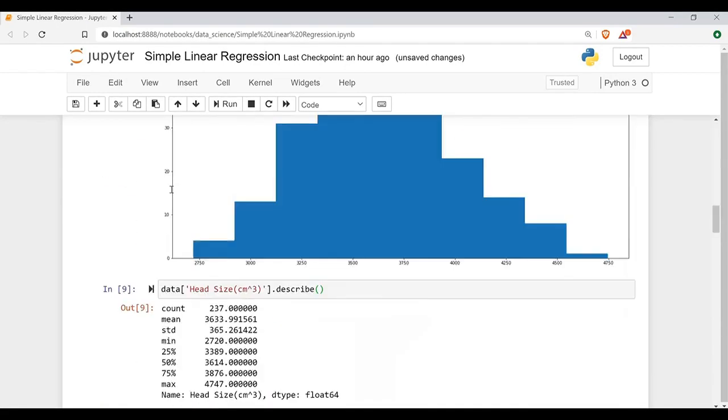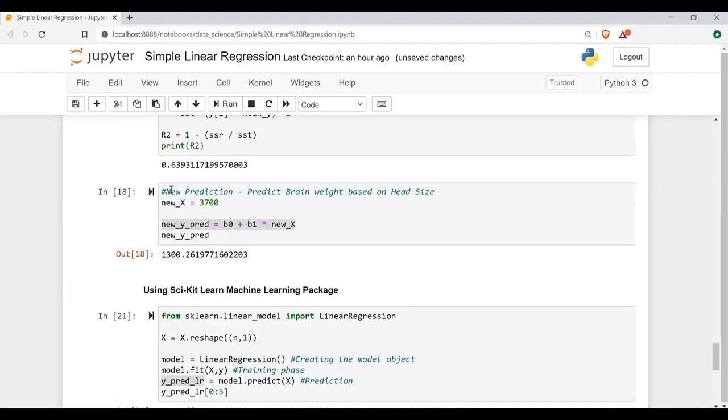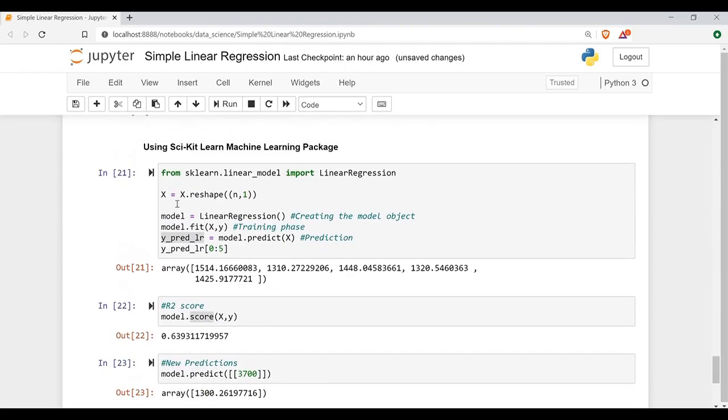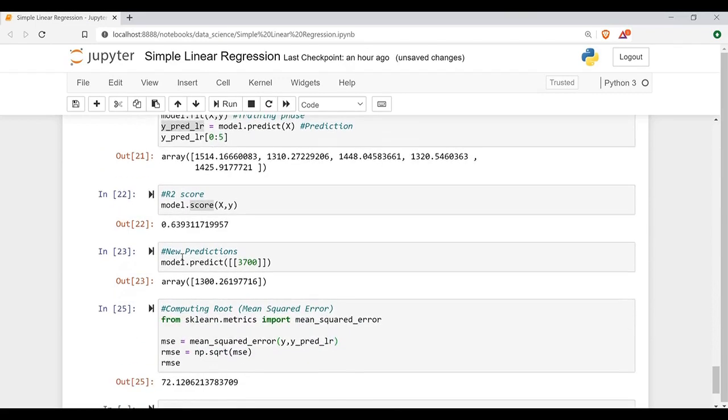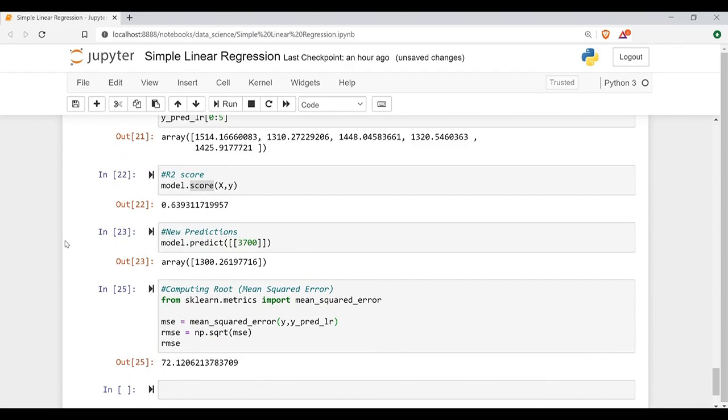First we saw how to solve linear regression using the OLS method, a step-by-step approach using the equation, and then using a ready-made package, the scikit-learn machine learning package. So this is all about simple linear regression, or univariate linear regression. We'll keep it till here for this session. Thank you.